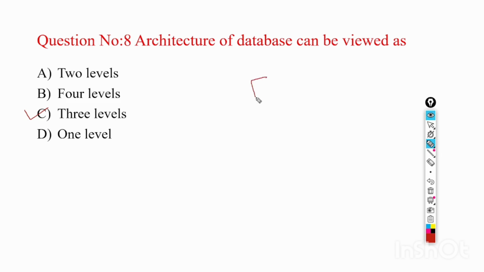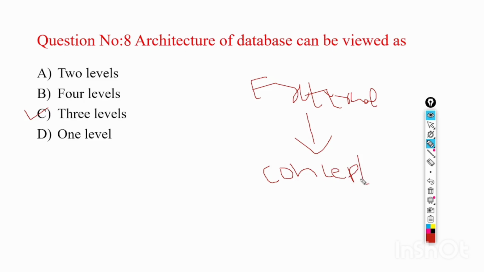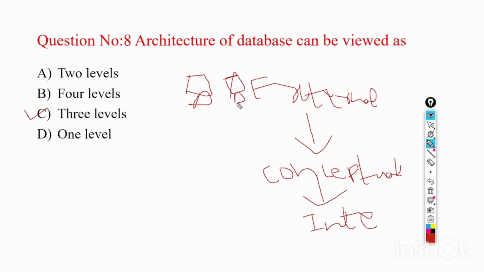Architecture of database can be viewed as 2 levels, 4 levels, 3 levels, or 1 level. The architecture of database can be viewed as 3 levels. Okay, this we call the levels of architecture of database. How many levels are there? There are 3 levels in a database architecture. Okay, the first one is the external level. This we call the view level also. External level, then conceptual level,